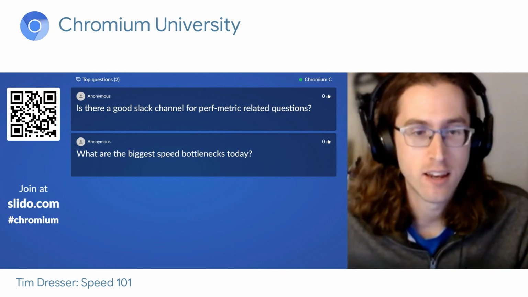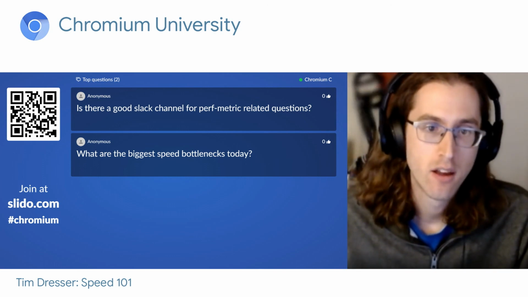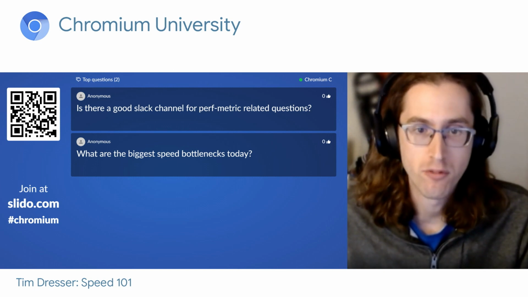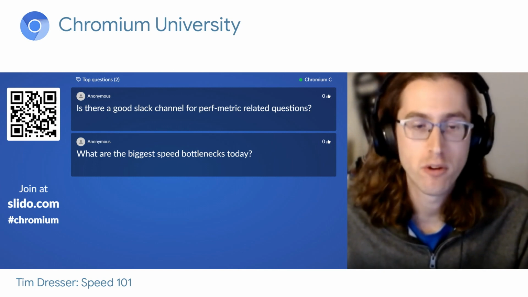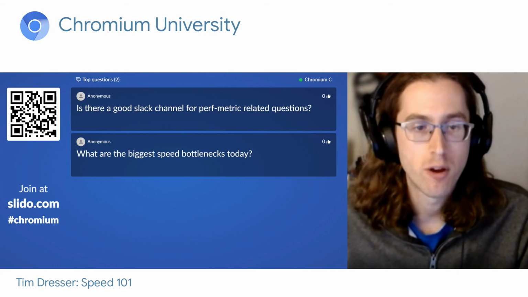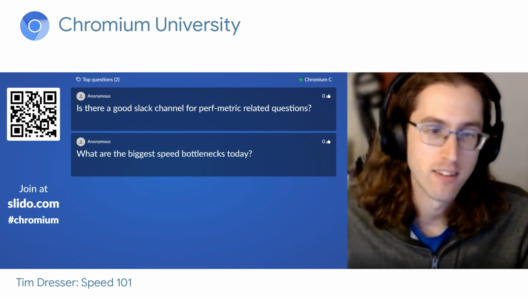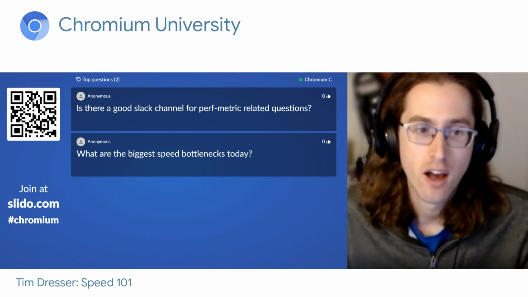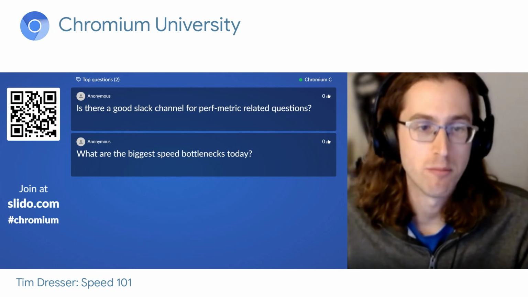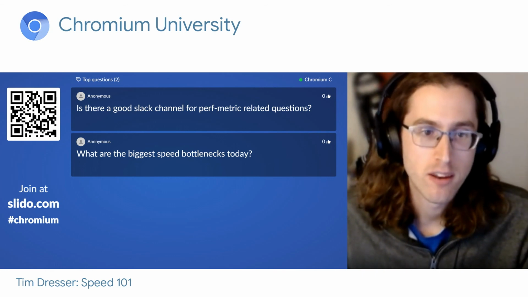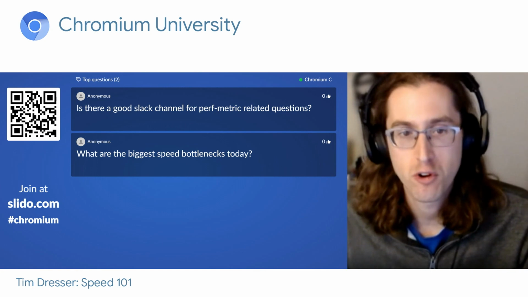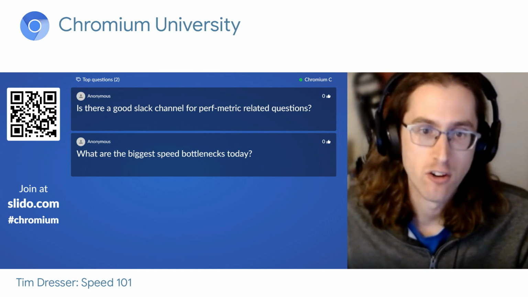When I was digging into this using UKM data, I was able to look at some of the specific websites that are the worst culprits here. There were sites where, from my desktop connected to a good internet connection, it took 30 seconds to receive the first byte back from a server. This is not super actionable for most Chromium engineers, but it is a large bottleneck.